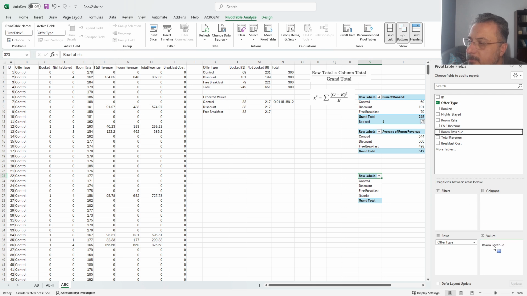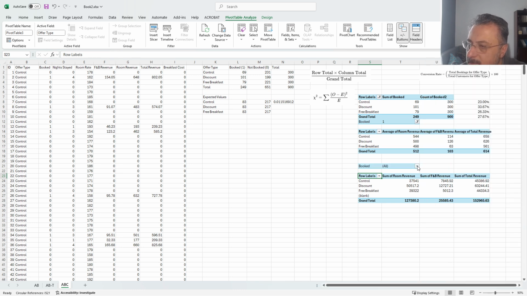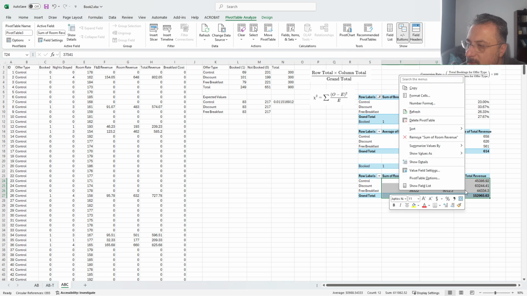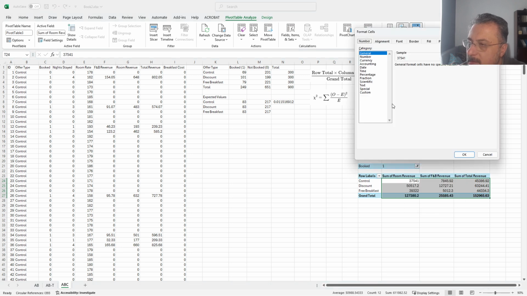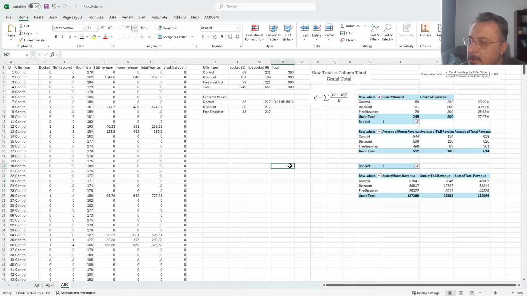Room revenue, food and beverage revenue, and total revenue. And I want only booked ones. So we select one, and we do the same thing. These are numbers, no need for digits. Okay, now if you look at this,